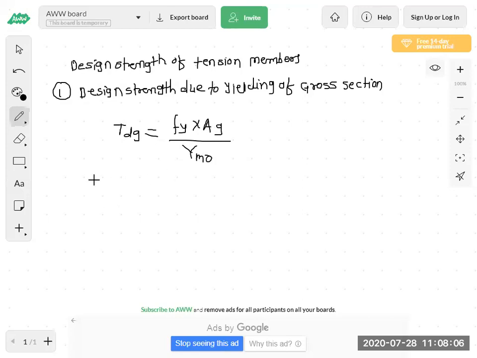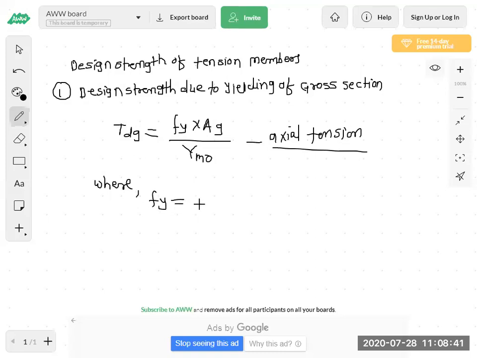We use this formula when a structural member is under axial tensile load, where axial tension is there. Now, where